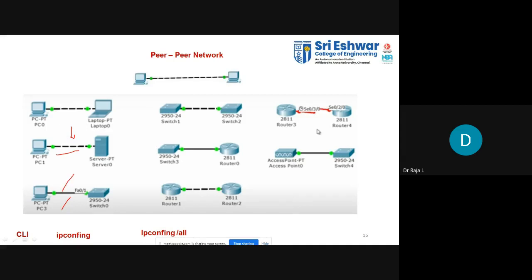If you want to connect through the switches, this is called a switch. This is a server. This is a laptop. PC to PC, PC to laptop, you use this one. For a server, you have to use this one, and you use this cable. Then between two switches, between a switch and a router, between two routers, this is also used between two routers.